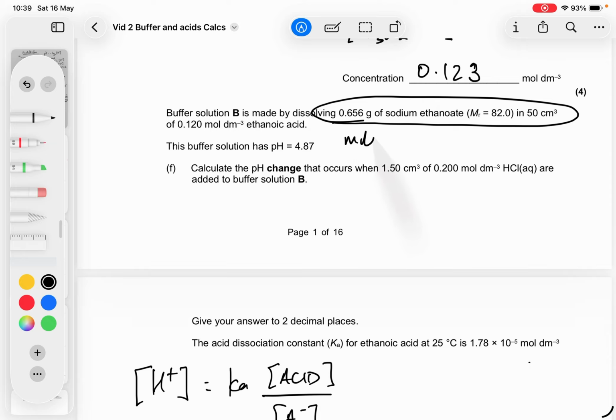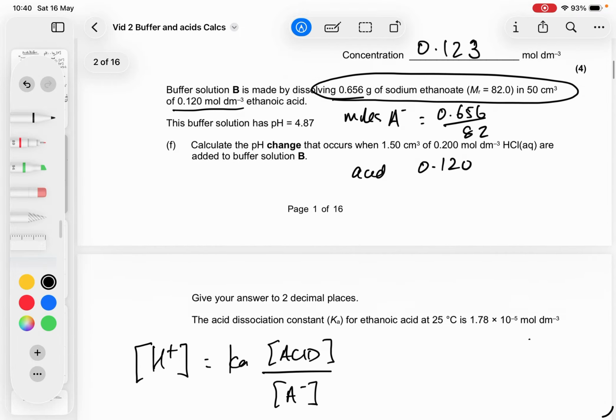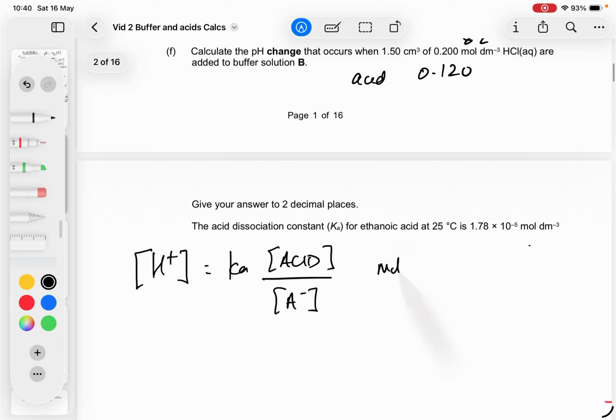So the moles of, I'm just going to call this A-, is 0.656 over 82. That's your moles. And if you look at your acid concentration, it's 0.12. So your acid has a concentration of 0.12. So let's work out the moles of A- or ethanoate, which is 0.008, and the moles of the acid